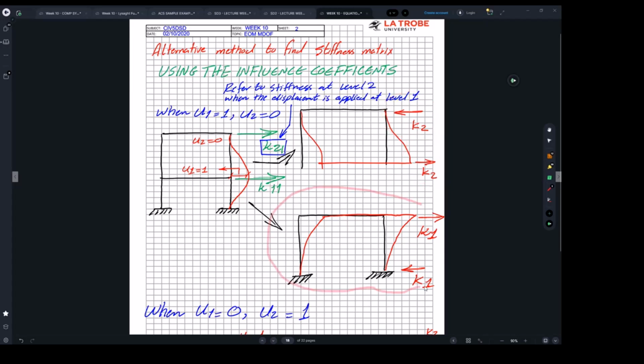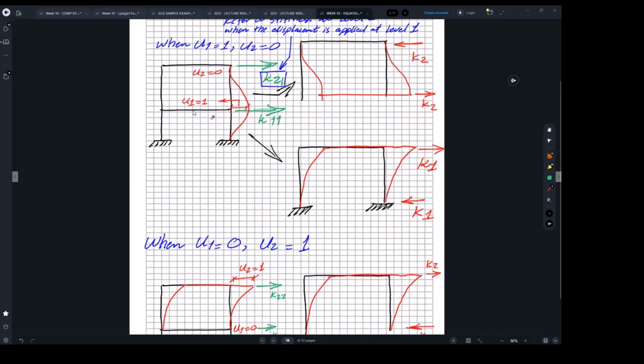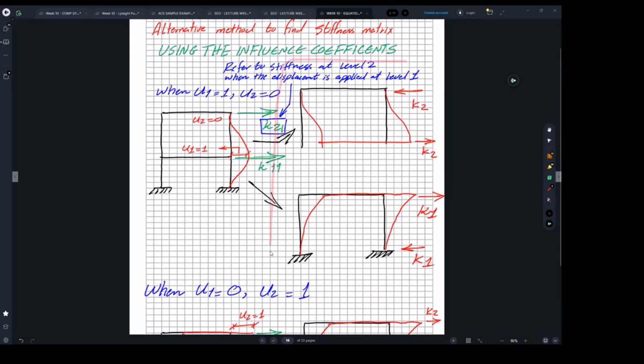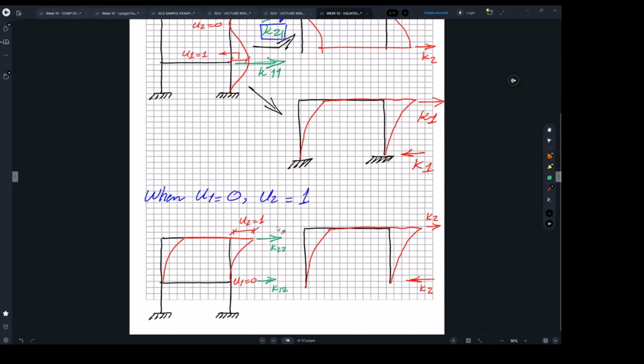You do same thing for the lower figure as well, where at the first floor level, we have also K1 going towards the right, and it will be opposite to a K1 going to the left to get it to static. So once you reach such two figures, you can keep this aside now. We're going to use it later. So you do these figures, keep them aside, and we're going to use them later after we finish what's happening when we're going to apply 1 unit displacement at the roof or at the second floor, and that's what we're